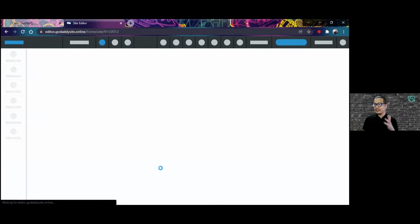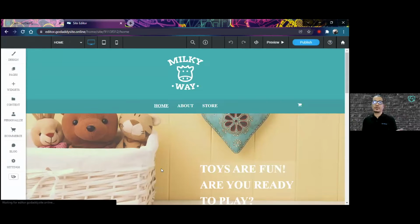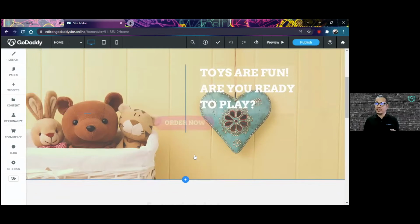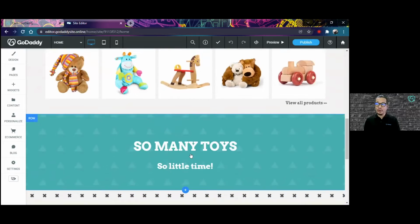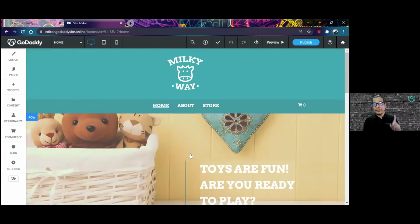So this is, let's wait for it to load. So this is the site editor for the store that I selected right now. Now, in the site editor, it shows you a preview of what the website looks like already. Now, the good thing about the e-store and the site builders of GoDaddy is that